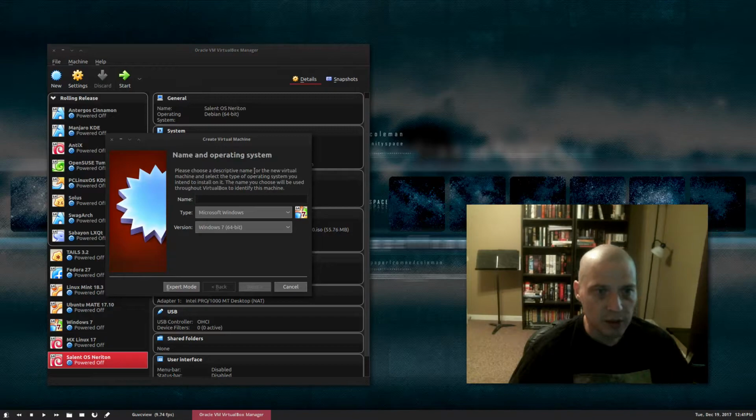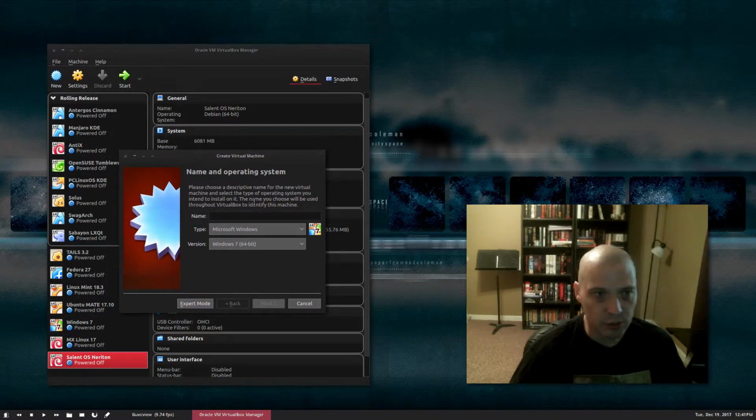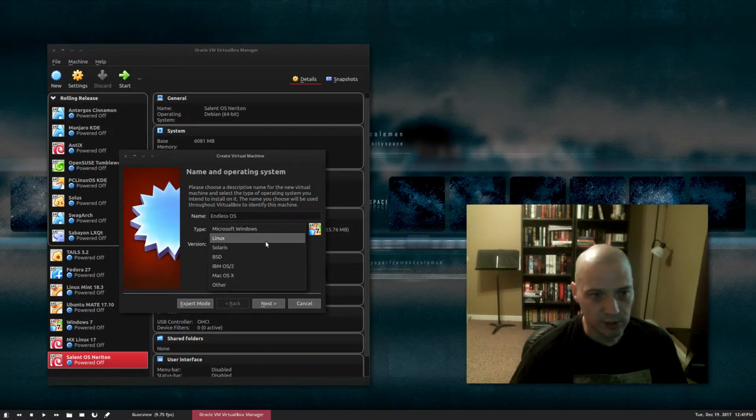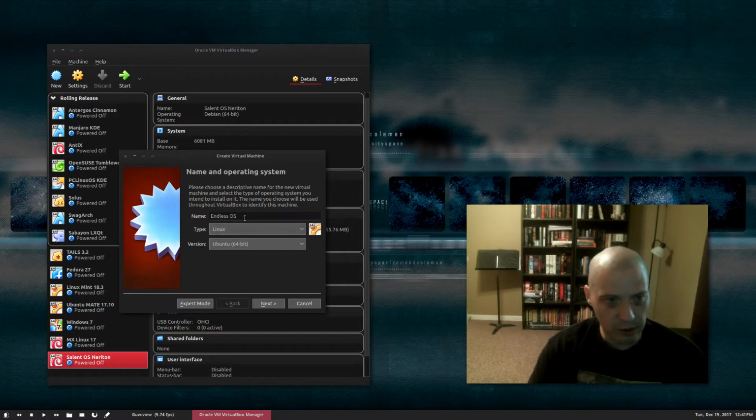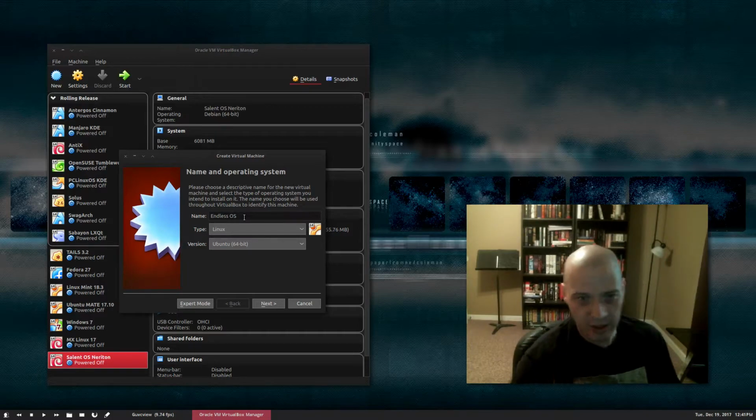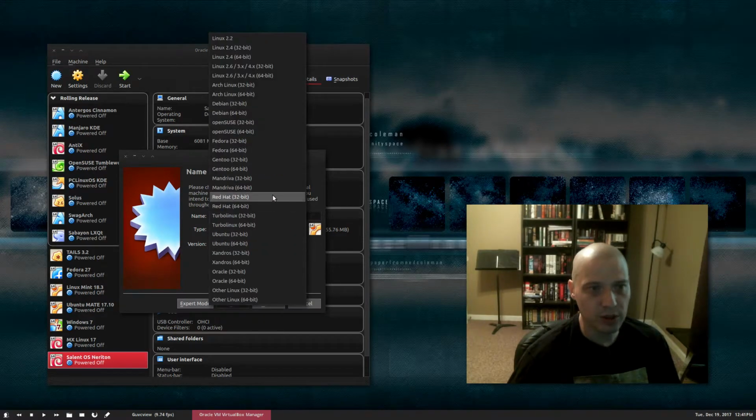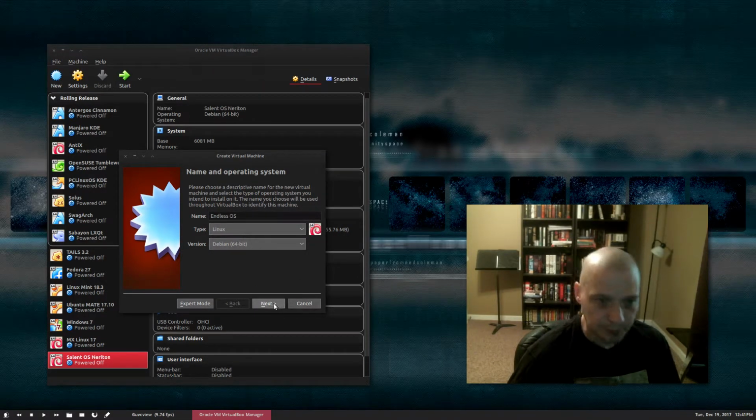And I click New. The first thing VirtualBox is going to ask us is what kind of operating system we are installing. Now what I'm installing later is called Endless OS. If VirtualBox knows about this Linux distro, it will automatically choose Linux here for the operating system type, and it will choose whatever Linux distro this particular Linux distro is based on. Endless OS is a new Linux distro. VirtualBox doesn't know about it, so I actually have to manually set type Linux and then version. Endless OS is a Debian based distro, so I'm going to choose Debian 64-bit here,